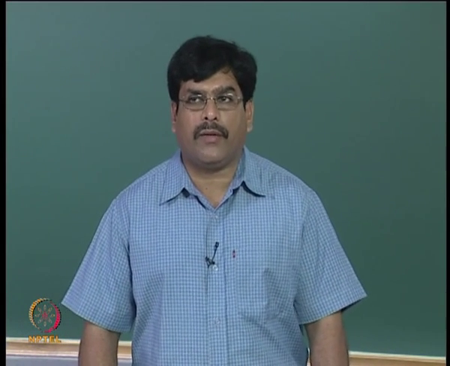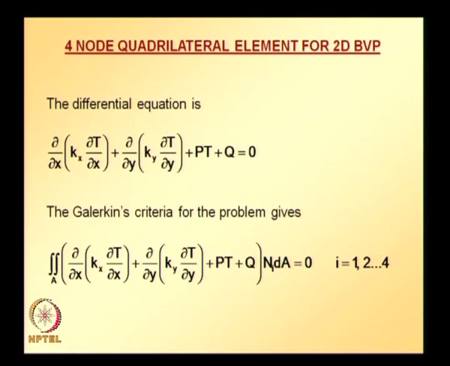So, integrate the given differential equation with the shape function, and how many shape functions depends on what kind of element one is adopting. So, multiply the given differential equation with the shape function, integrate over the problem domain, and equate to 0. This is the first step, and this equation needs to be further simplified. For that we use Green's theorem,